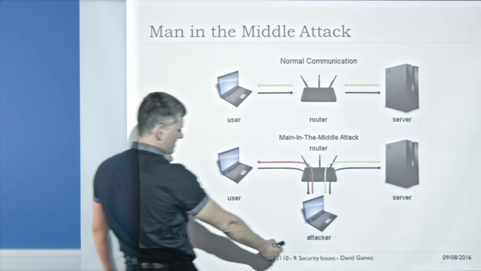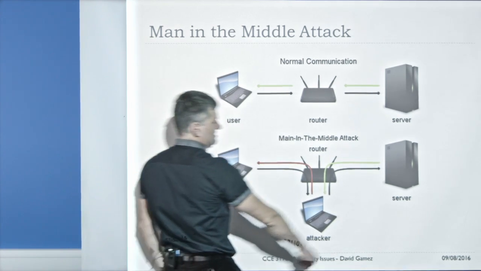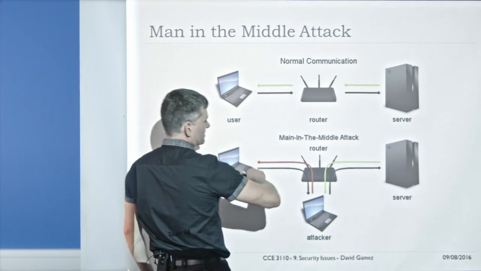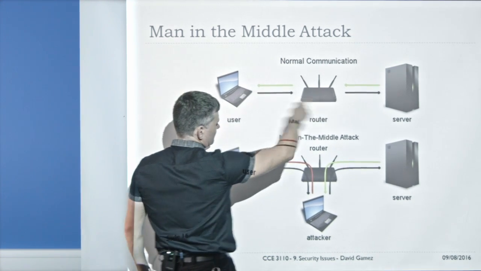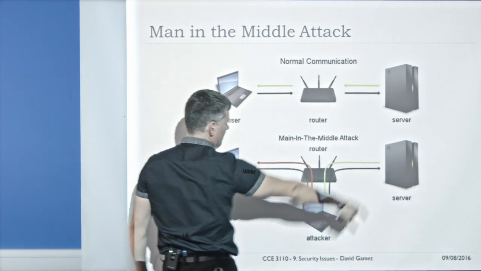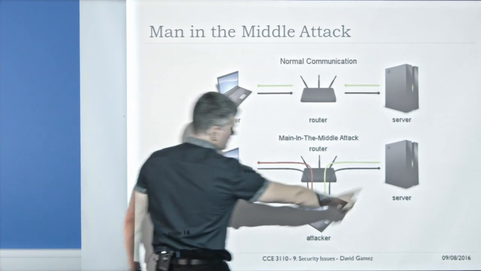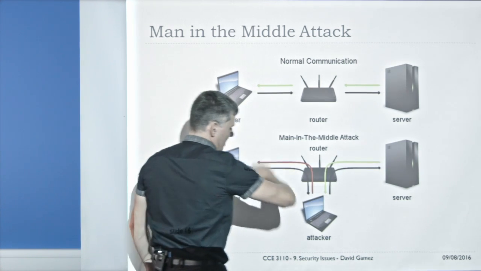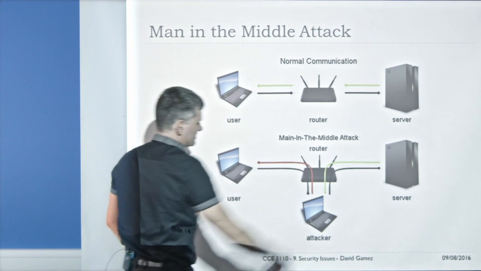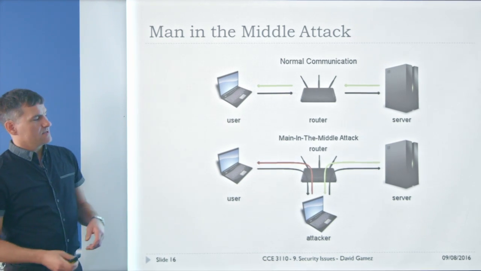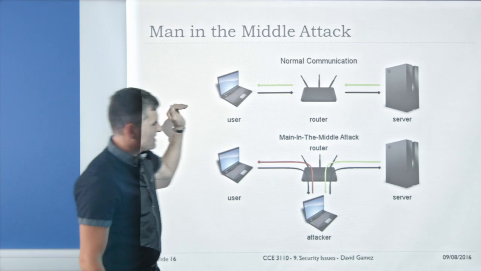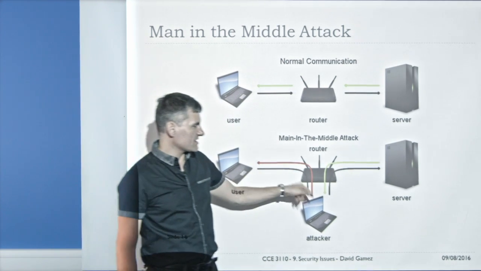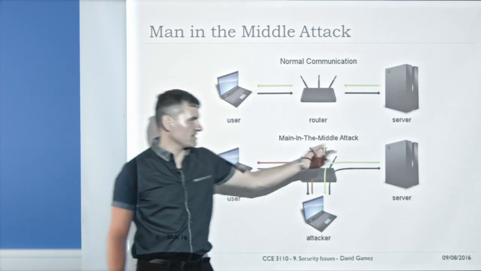So this is Alice, this is Bob, and here's the infamous Colin. Instead of the information flowing nicely between Alice and Bob, the attacker pretends to be the server, let's say, such that the user logs in, thinking they're logging into the server, but actually logs in via the attacker. So even if this was encrypted, say he somehow intercepts it and routes it through his own machine, he can then get hold of the username and password and then authenticate himself with the server, let's say.